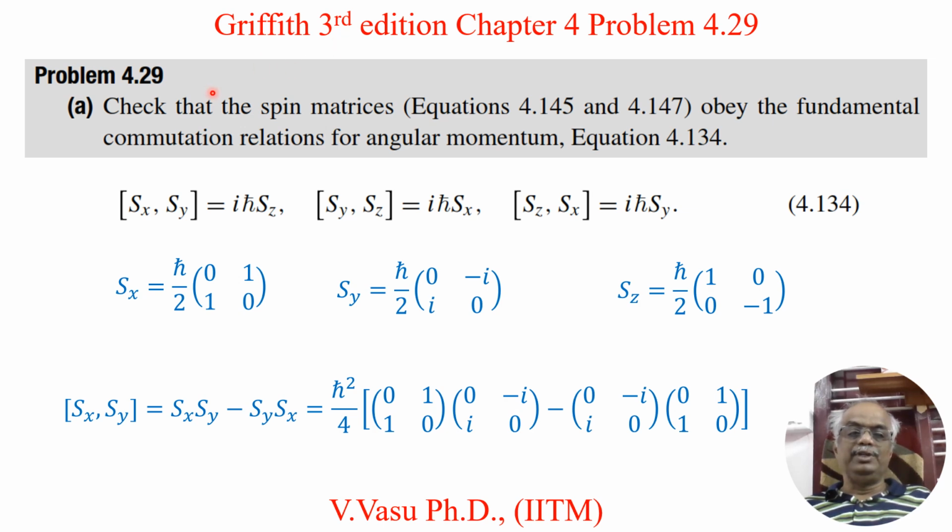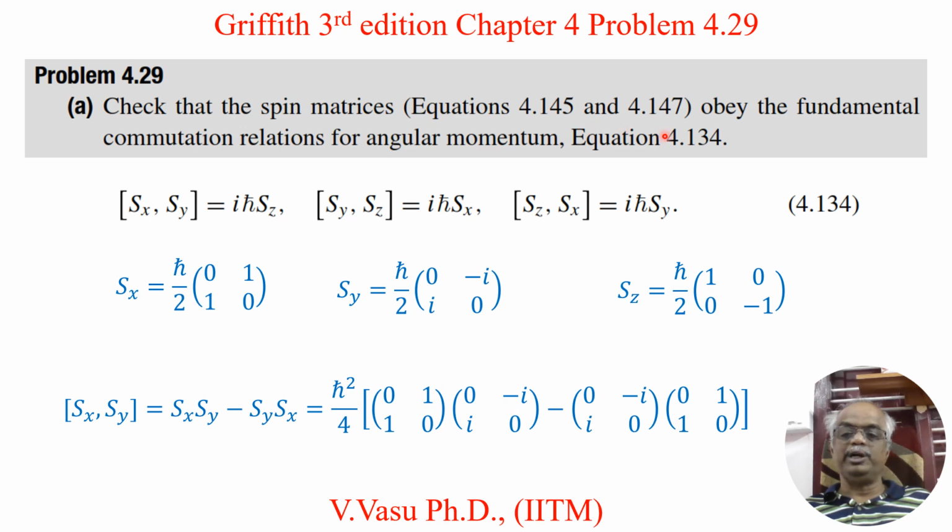Today we will solve problem 4.29 of Griffiths, third edition, Introduction to Quantum Mechanics, chapter 4. The problem consists of two parts. First we will see part A. Check the spin matrices equations